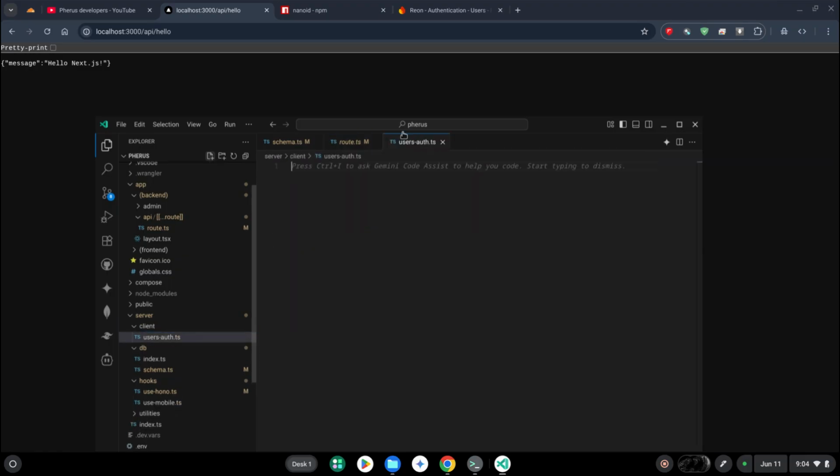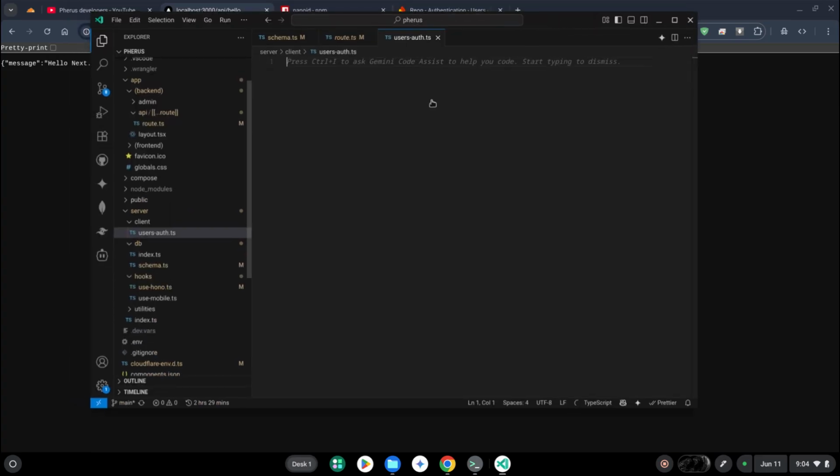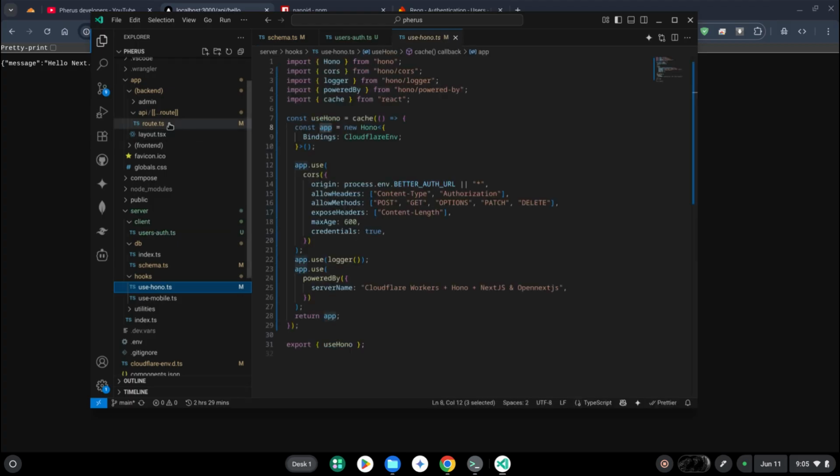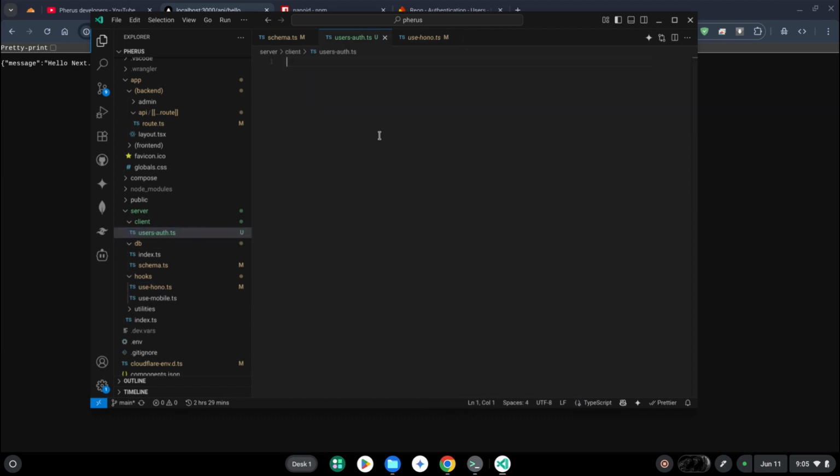In the client we create user auth.ts in order for us to create basically another Hono instance that is going to separate our main route API from the ones we are going to define that is going to be used there. So Hono, come back here, and obviously we define our Hono here, and we shall give it the name of user auth and use Hono. Import this,